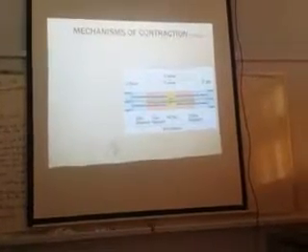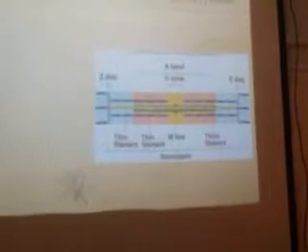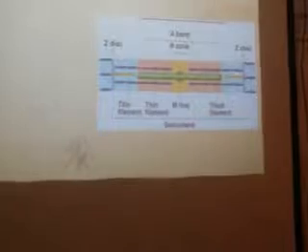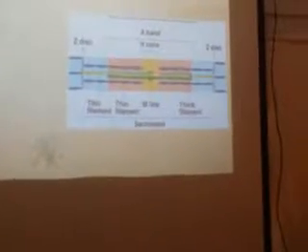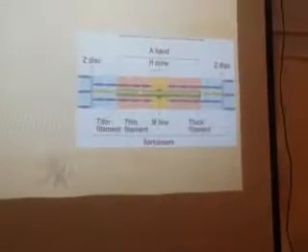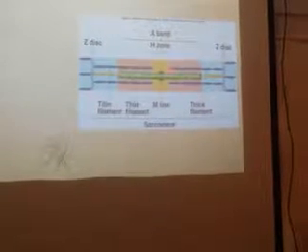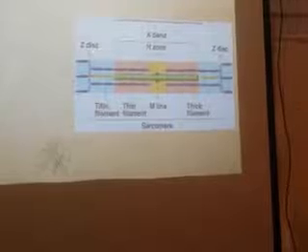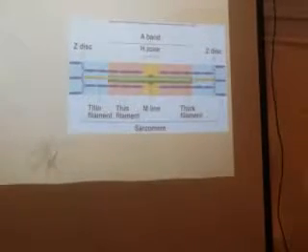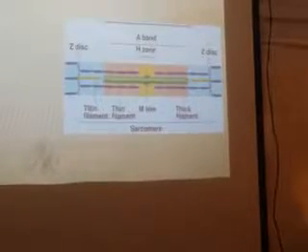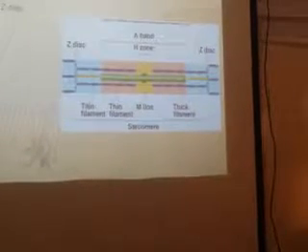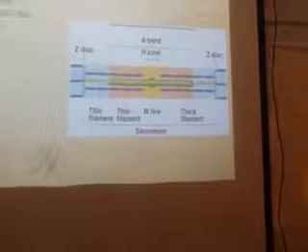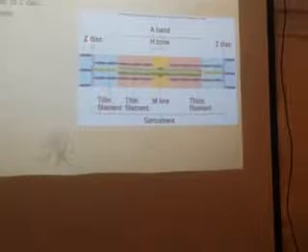Same thing I am showing in this picture, because in muscle contraction, sliding movements occur. You can see this is the Z disc. This green color is the myosin, thick filament, and this is the thin filament, actin. The sarcomere is from Z disc to Z disc. So this is the sarcomere.